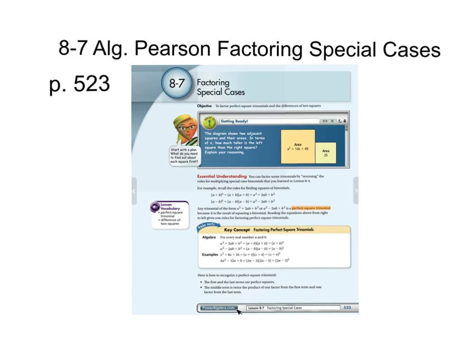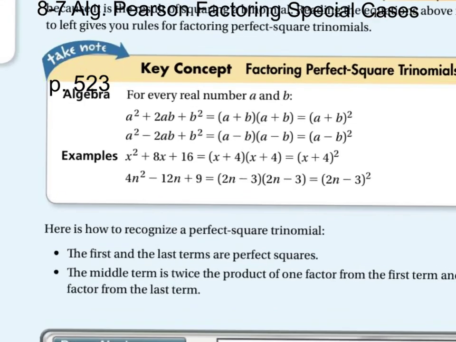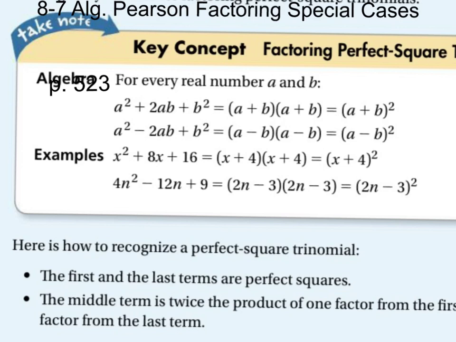Page 523, lesson 8.7 is on factoring special cases. We've got a couple different cases we're going to be looking at in this section. So one of these is factoring perfect square trinomials. So just if you look at this bottom example here,